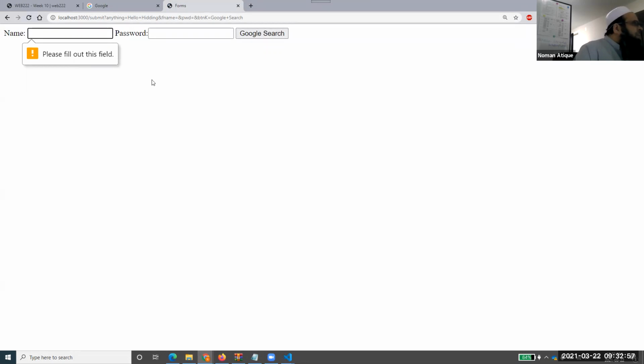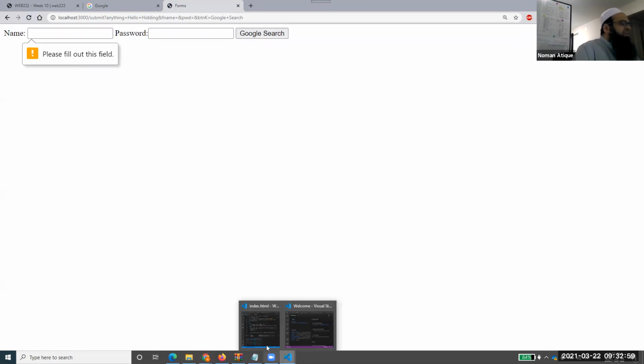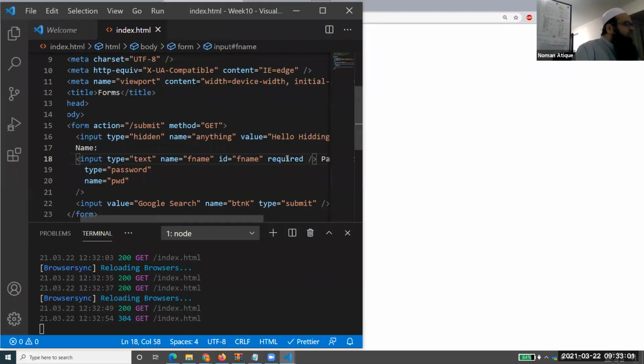So HTML5 has provided us this facility of having an attribute required. If you put in that required, it is doing that validation that we'll talk about. Validation is a very important topic. This is one type of validation that it is doing over here. You got the point? That is where the message comes from. Okay, right, so that's very good.